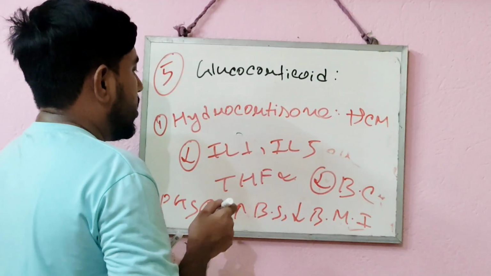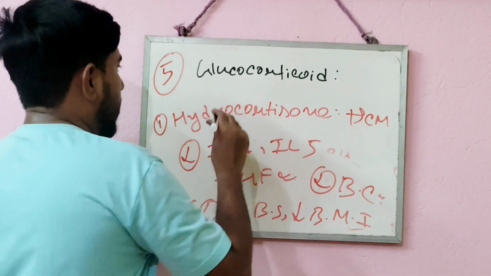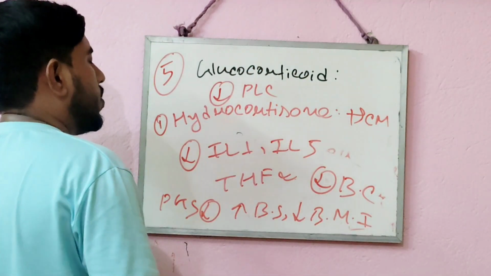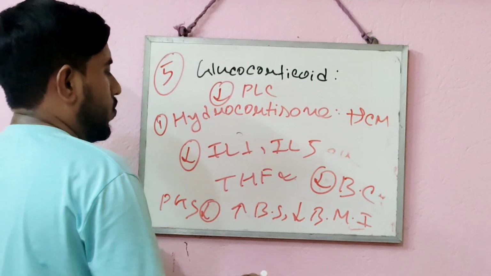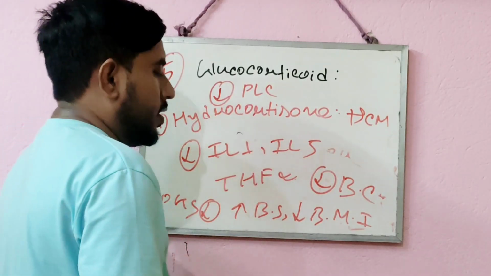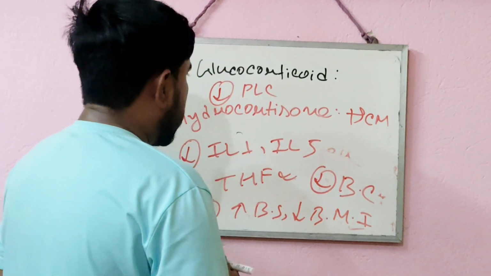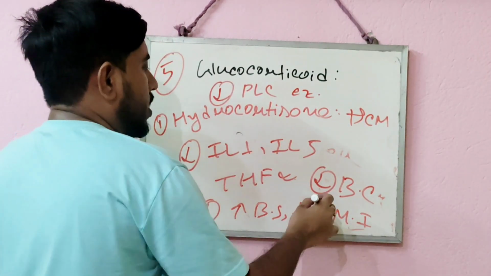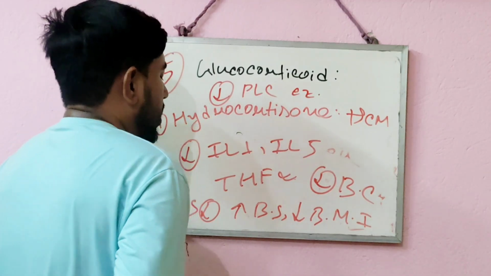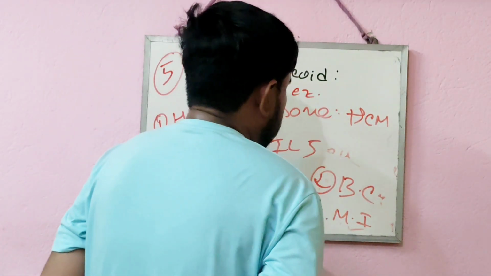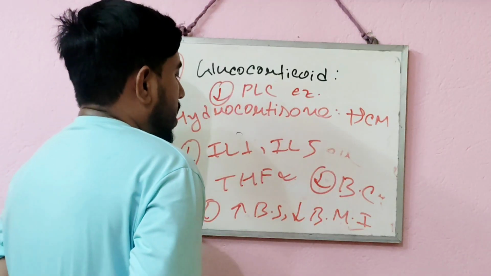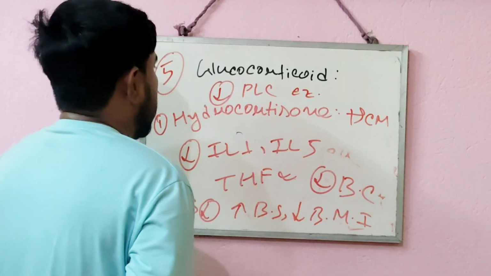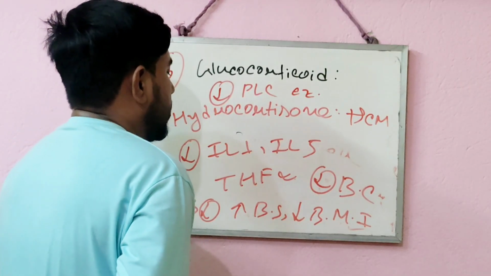anti-asthmatic drug, and it can also show its action by inhibiting the action of phospholipase C. So this combination of mechanisms, like decreased formation of IL-1, IL-5, TNF alpha, and also the inhibition of the phospholipase C enzyme, leads to decreased bronchial constriction, decreased bronchial secretion, and decreased bronchial muscle inflammation. And by this total combination of mechanisms of action, hydrocortisone shows its action as an